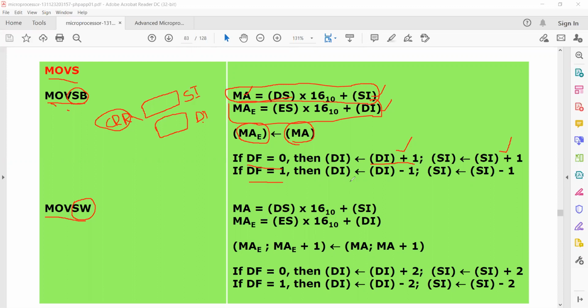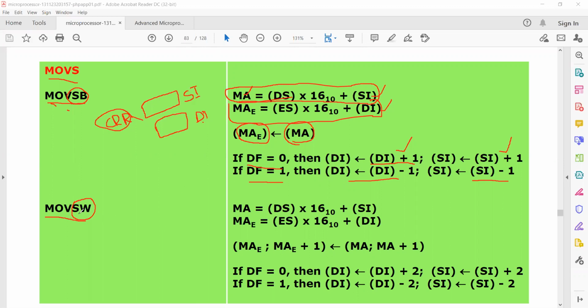That means the destination index register will be decremented by 1 and the source index register will be decremented by 1. So this entire move string byte or move string word operation is decided by the value of the direction flag.